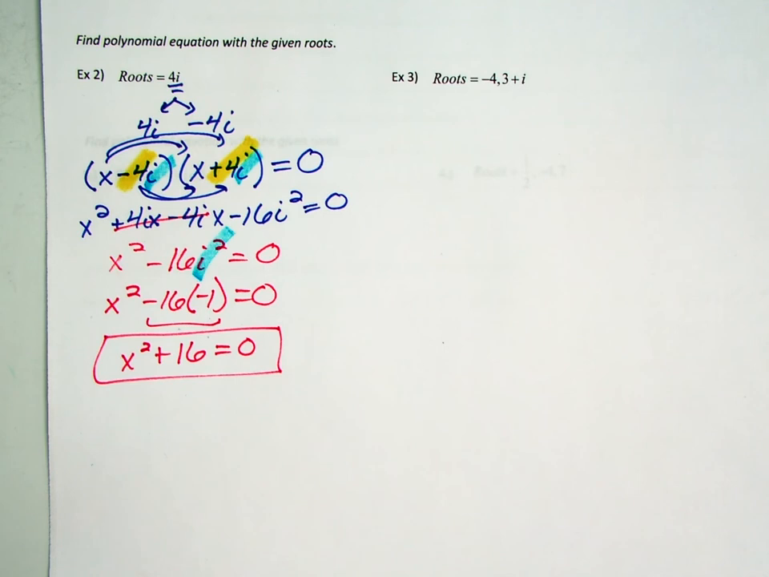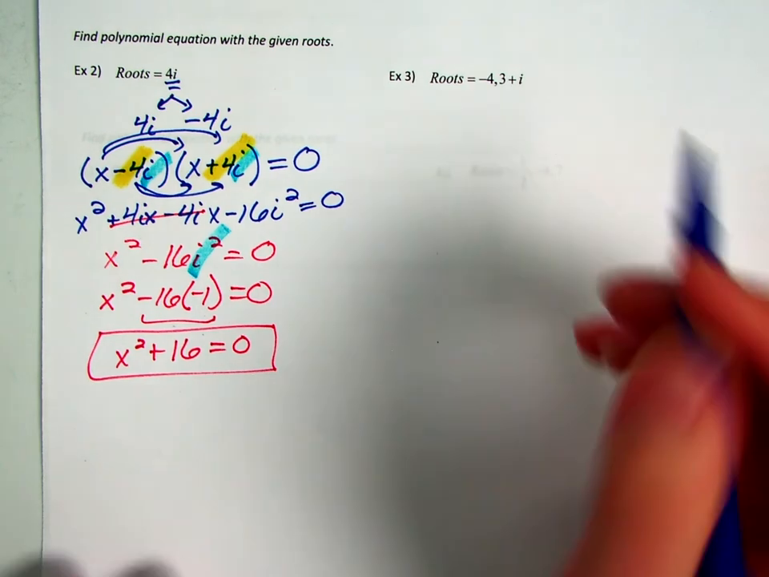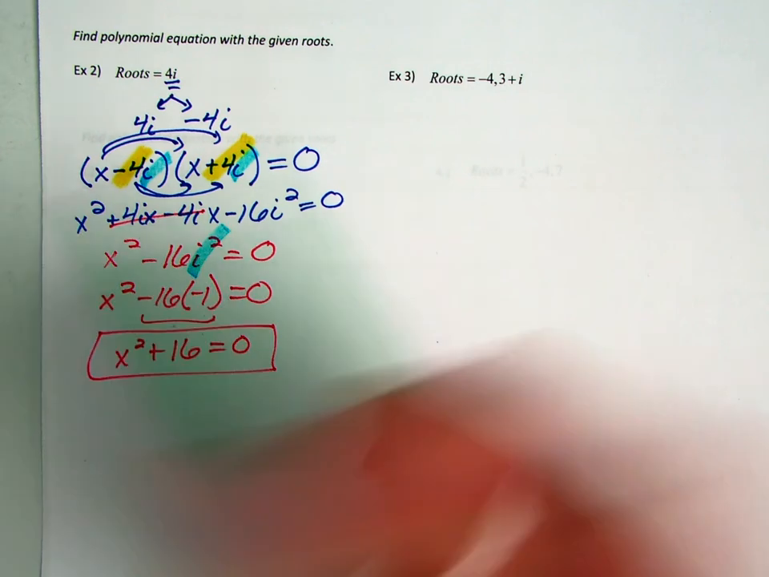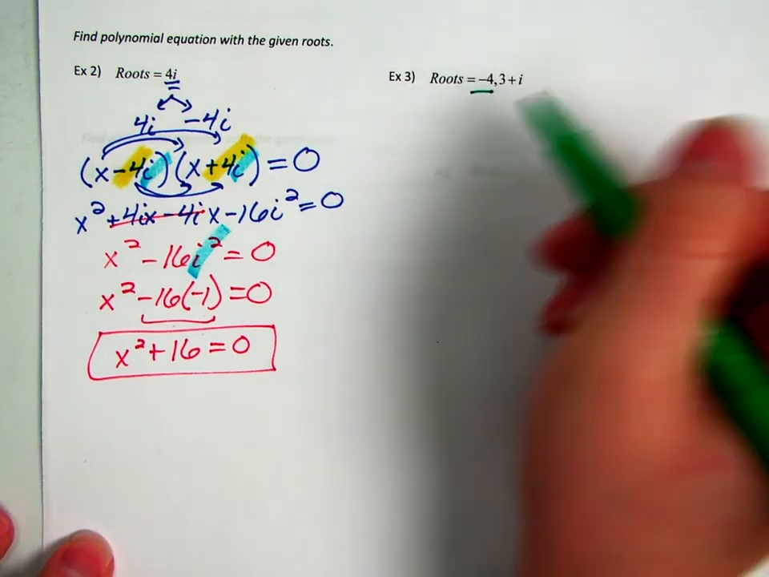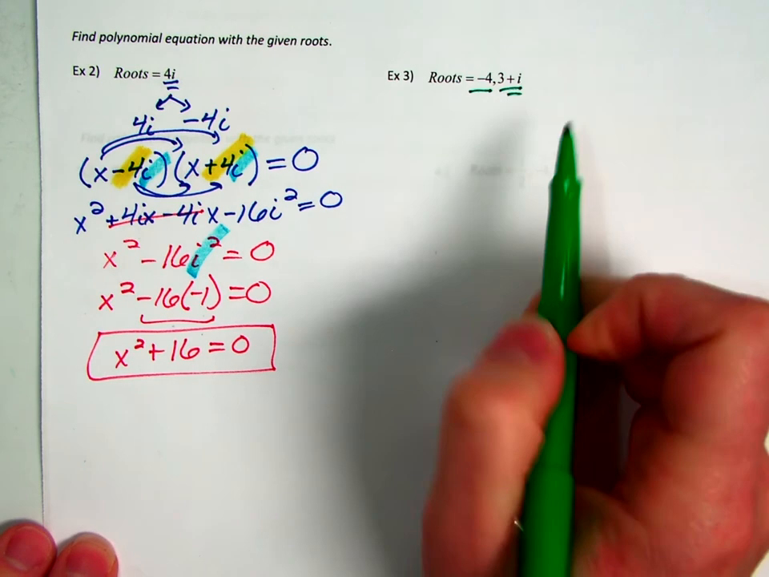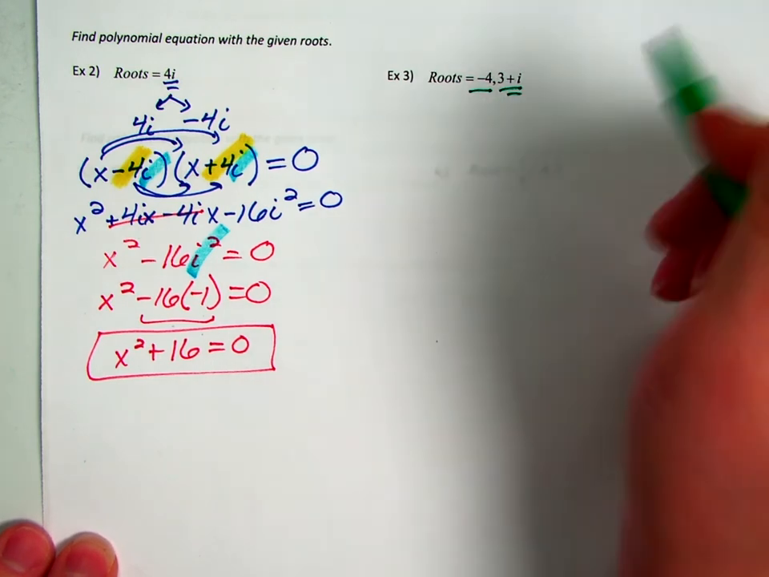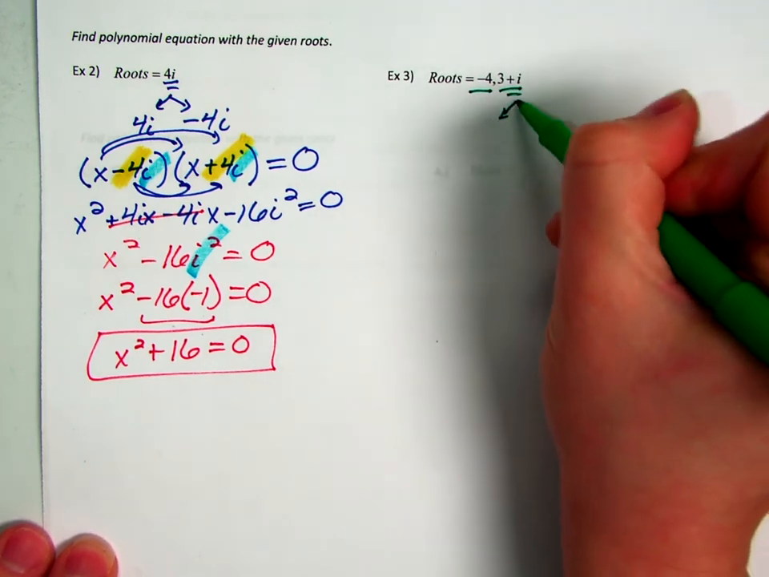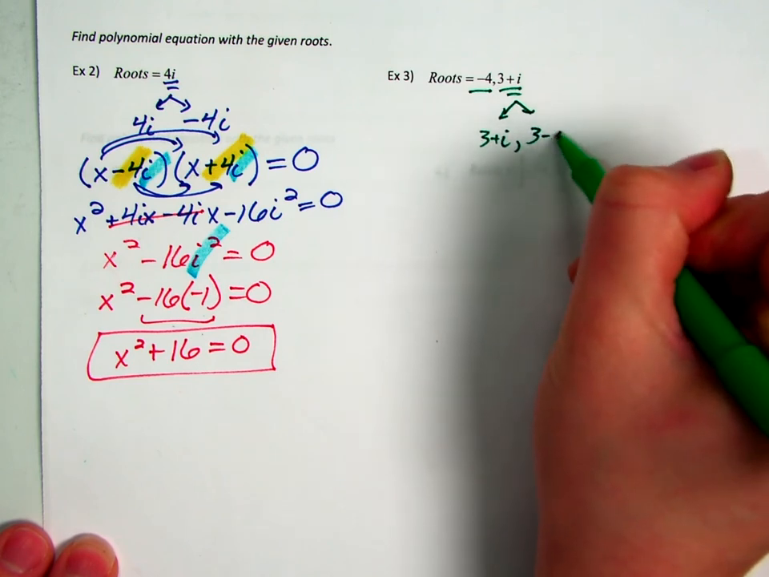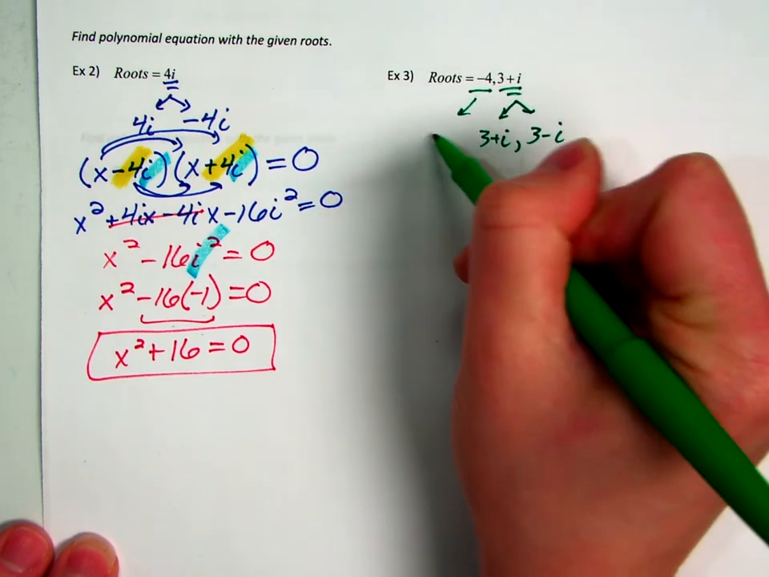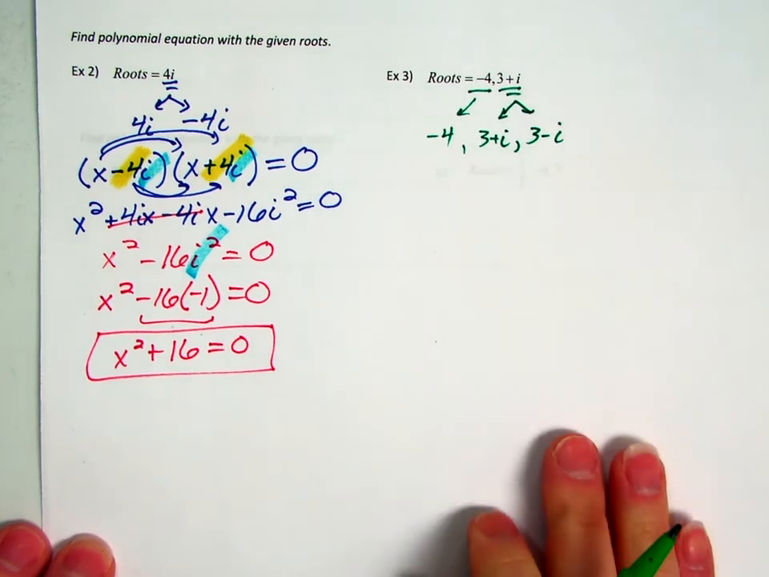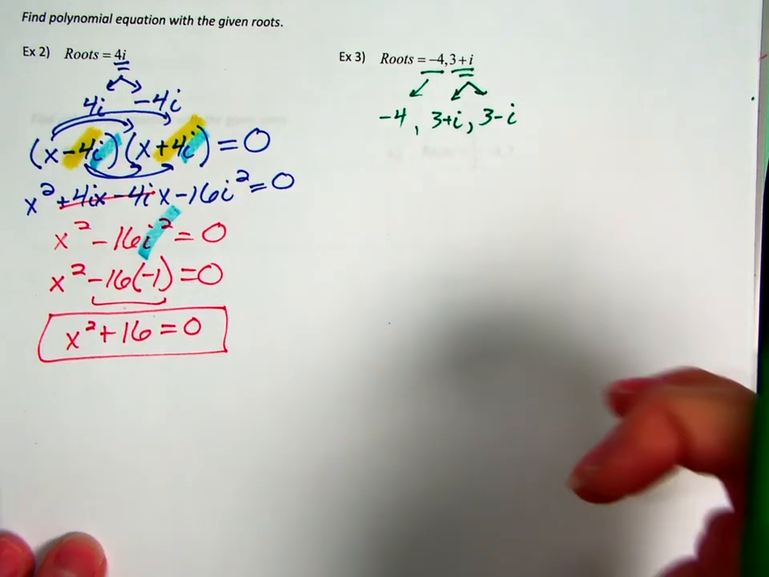All right, example 3. So we have a root of 4, so that's just going to stay 4. But again, we have a complex number here with that imaginary piece. So we need to realize that it's not just 3 plus i. We also have a root of 3 minus i, as well as that negative 4 from the front. So this time we actually have 3 roots, which makes this a little bit more complicated, but still